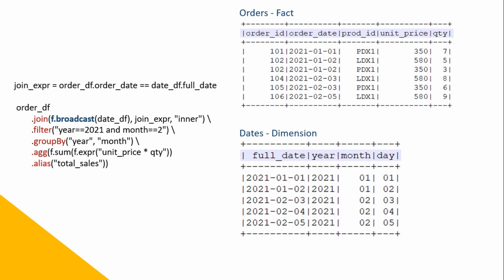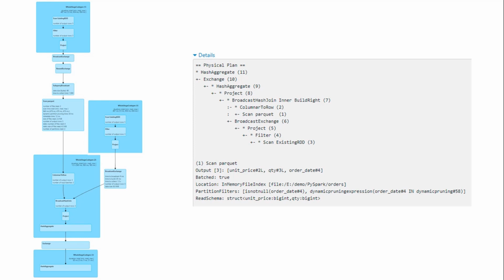I ran this code once again, and here is the new execution plan. Let's look at the plan and see what is happening here. My dates df is going for a broadcast exchange, but then Spark creates a subquery from the broadcasted datedf and sending it as an input to the Parquet scan. And you can see the number of files read. We are now reading only 2 files. So what happened here? Spark applied partition pruning and now it is reading only February 2021 partitions.